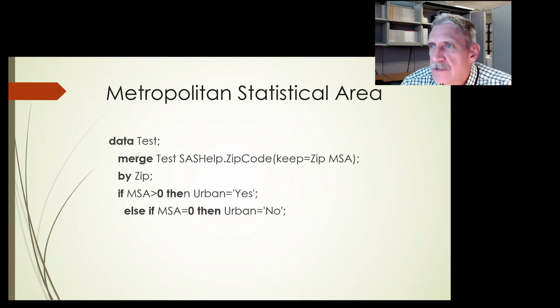Metropolitan statistical area. That is something that the Census Bureau uses. It is based on the county level, so the entire county is considered either a rural county or a metro county. It's based on areas that have a population of at least 50,000 in the surrounding area. So if you do this, you're not looking at whether I'm living in a rural or urban environment. You're looking at whether I live in a rural or urban county by their definition.